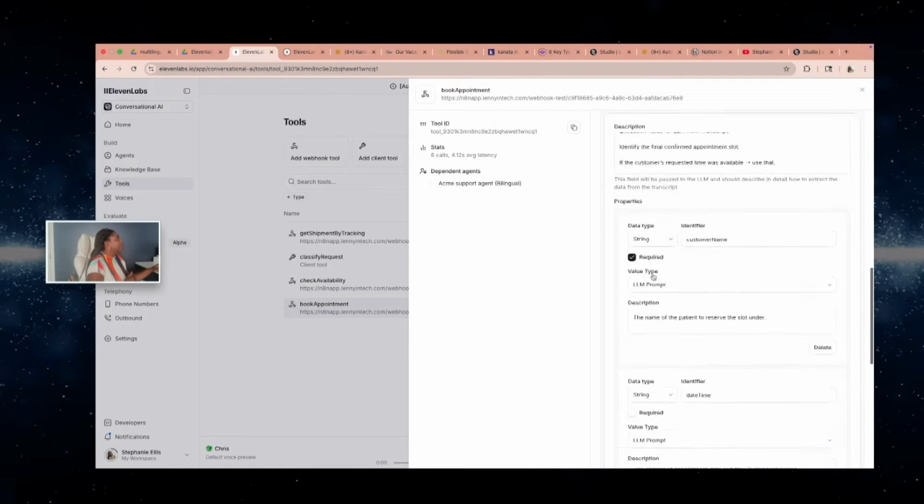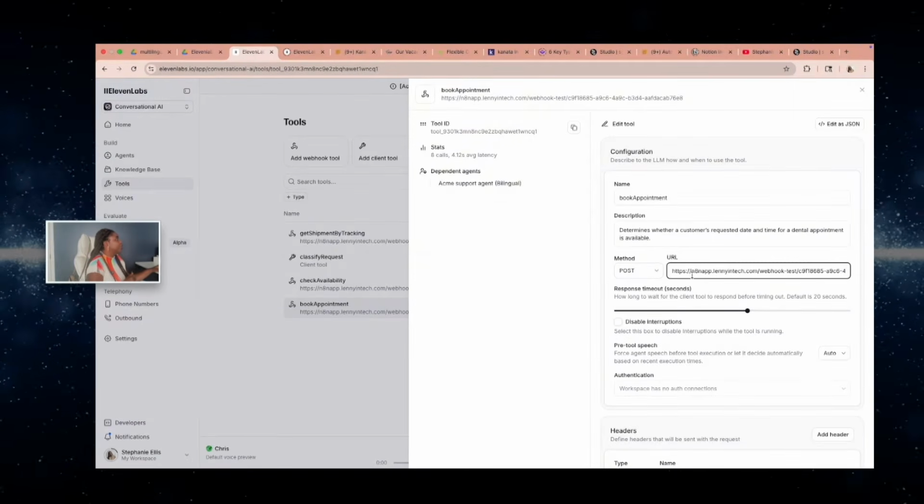Now, what I also want to say is take note of the webhook URL here. The webhook URL is very important because that's the only way you can communicate between n8n and back. When we get into n8n, I'll show you how you can get your webhook URL as well. So this part of the configuration regarding ElevenLabs is finalized. The next step is to go into n8n, and I'm going to walk you through how the configuration works there as well.